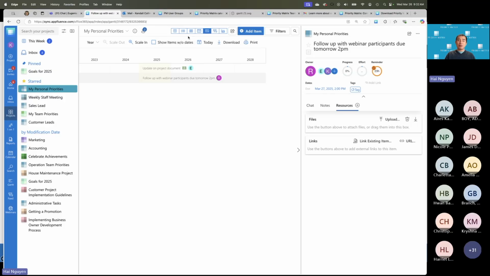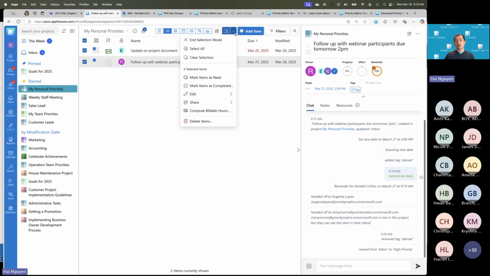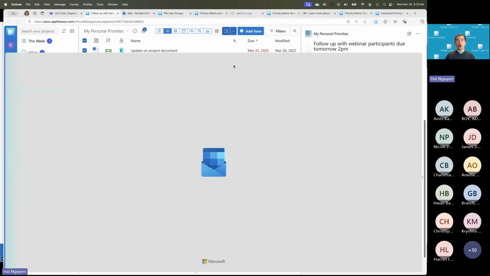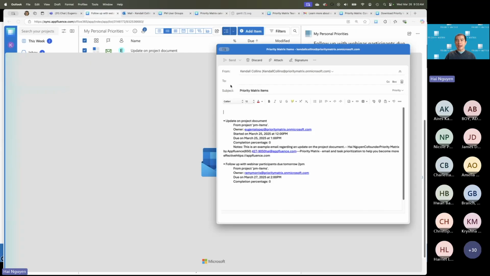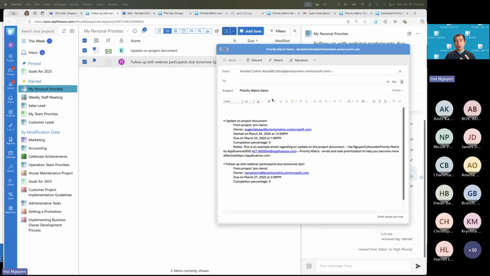Now, what happens if you use Protomatrix and you need to report the status of things to other people? We actually have very, very powerful reporting tools. Let me show you one of them. So here, when I go back to the list view, I can click on this option and choose select all, and then I can choose share, and then email items. And what Protomatrix does is it integrates with your Outlook and builds the email report for you. So as you can see, when I do that, Protomatrix will generate this email report that I can send